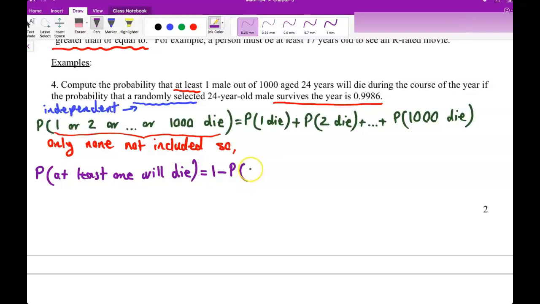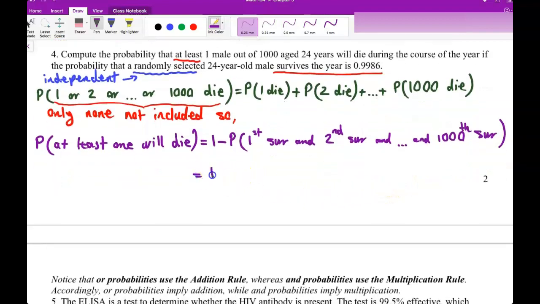Now here we have probability of the first one survive and second one survive and here we have 1000. Okay, so that is equal to 1 minus